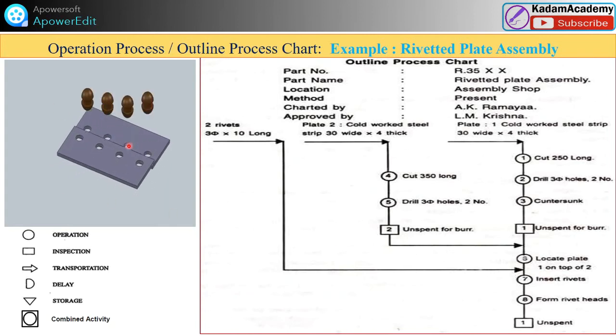This is the diagram for 4 rivets, but actually this is the example of 2 rivets. Okay, so after that insert the rivets and form the rivet heads and deburr. We have to clean it. Okay, so this is the outline process chart or the operation process chart with the examples.